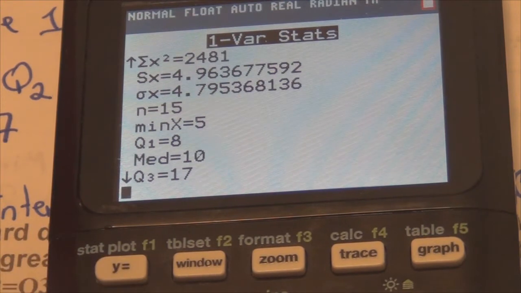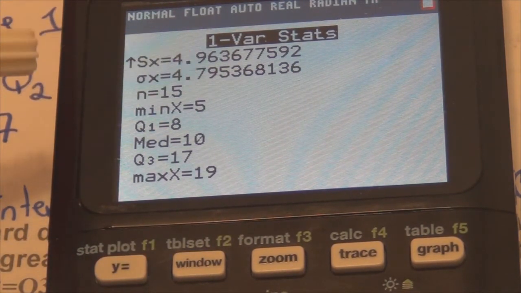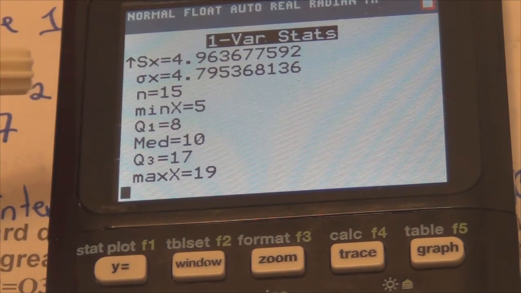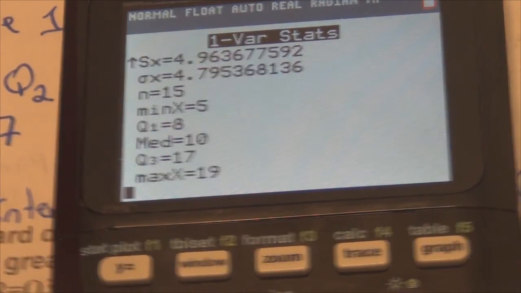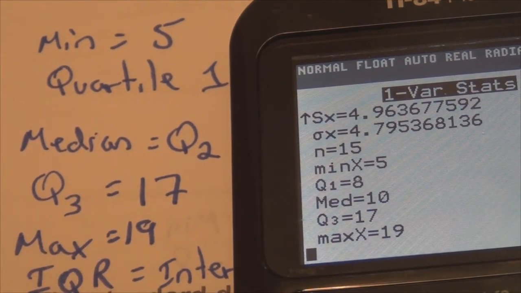And then we start with this. Look at this beautiful part. It says minimum is 5. Yeah, we knew that. Let me see now. Oh, beautiful, like right here. Okay, good. So the minimum is